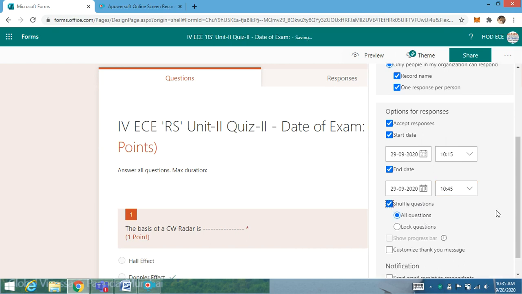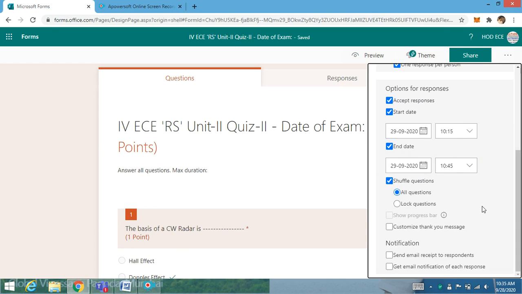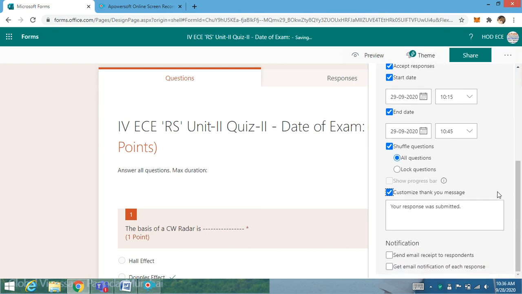Okay, right? Shuffling the questions can be done, so that it will be difficult for students to just give out answers during that short amount of time. So I also recommend you shuffle the questions, so that only the questions will be shuffled, not the options. Okay, so like that every student will get a jumbled set of questions from the 10 or 20 questions you have given. Also customize the thank you message, your response was submitted, and also check this box,